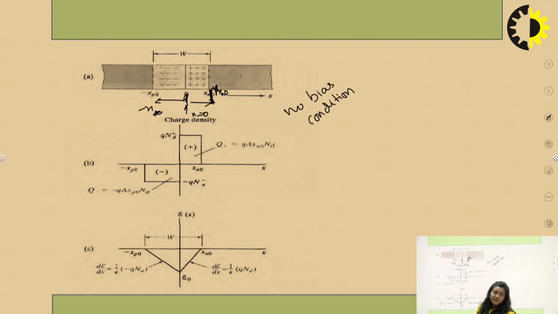Then in the n region it is up to x naught, and in the p region it is up to xp naught. Since we see that at the edge of the n region we have positive ions, the polarity of that region is positive. This is the space charge region, and on the p side we have negative, but we have to obey the law. So the space charge quantity on this side is minus q a xp naught,